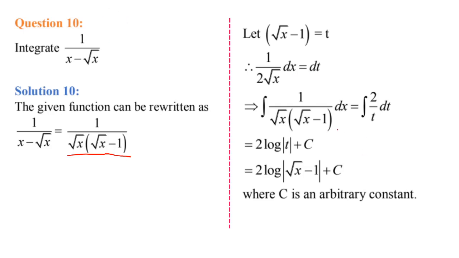So the given function will become, see now what is the value of dx here? The value of 1 by 2 root x dx is dt. So 1 by root x dx will become 2 dt. So we have written 2 dt here, right? Here 2 dt upon t, and what is t? Root x minus 1. So same thing we have written here, root x minus 1. Now 2 is constant, 2 will come outside as it is, and 1 by t, what is the integral? Log t plus c. So this is the answer. Put the value of t back, and this is the final answer.